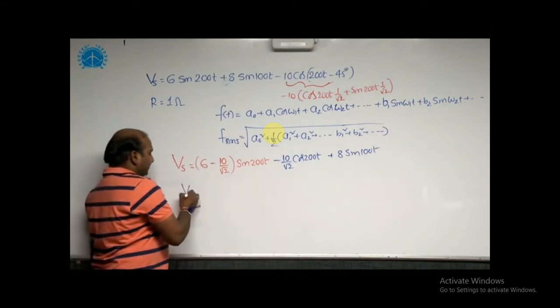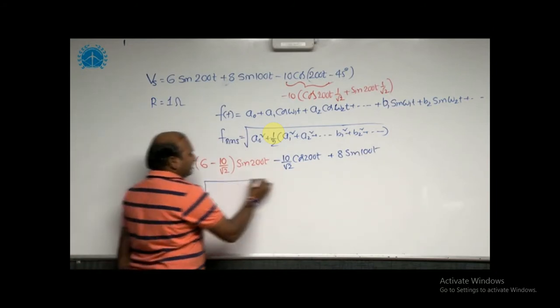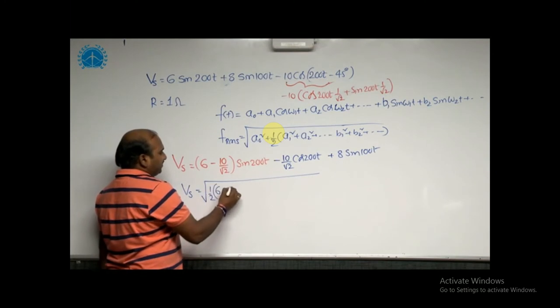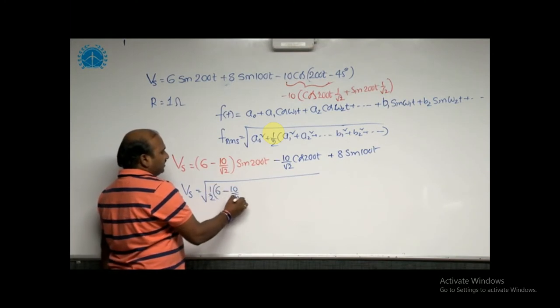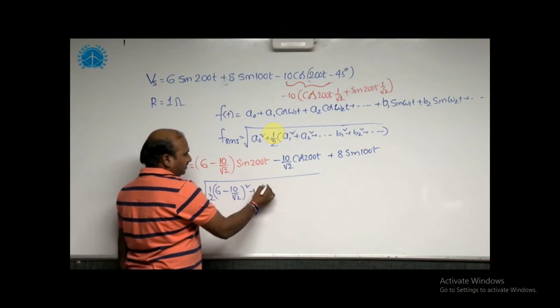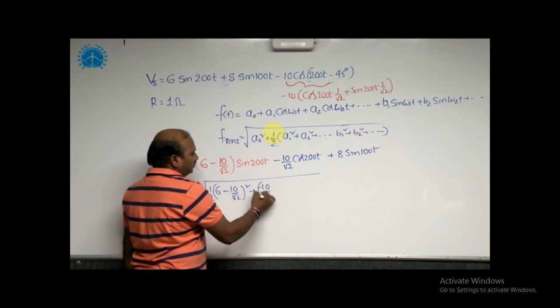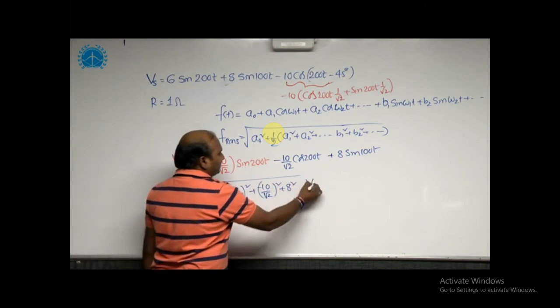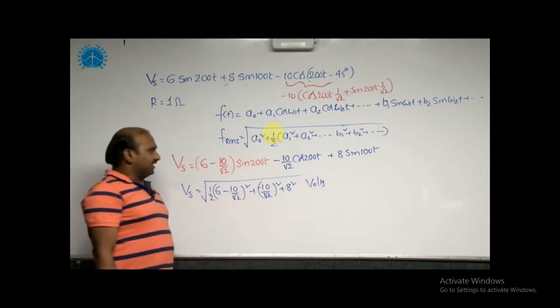Now with that we can take the resultant applied voltage Vs RMS is equal to the square root of 1 by 2 times of 6 minus 10 by root 2 whole square plus minus 10 by root 2 whole square plus 8 square. Once you get this RMS value,